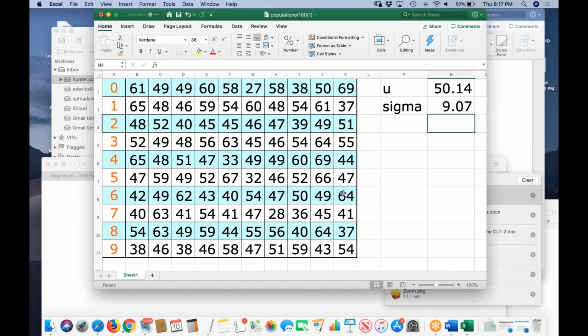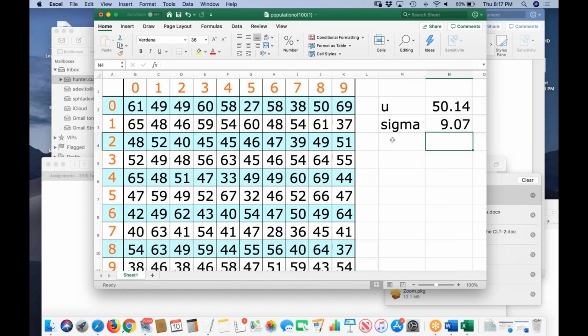For instance, it tells us that approximately 68% of the population is between 41 and 59, right? What was that called? You remember what that's called? That's called the empirical rule, right? Okay. And it also tells me that, let's see, double that, 2 standard deviations,